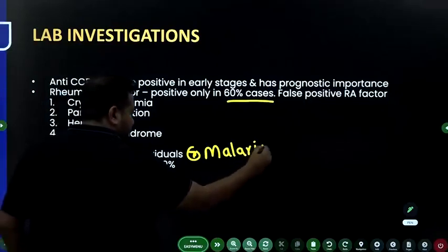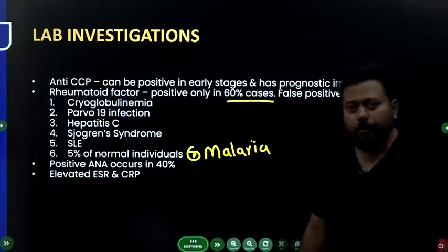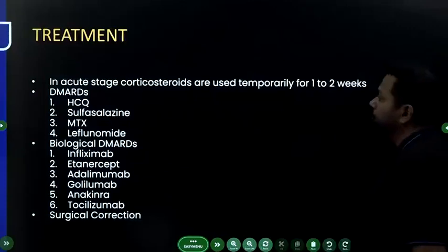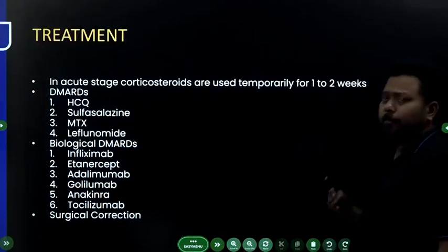Malaria is also a cause of false positive. Refer to your general medicine book, it is given. Rheumatoid factor is positive in malaria individuals. Okay. Coming to treatment of rheumatoid arthritis, in the acute stage, when the patient is having severe swelling, pain, all those things,